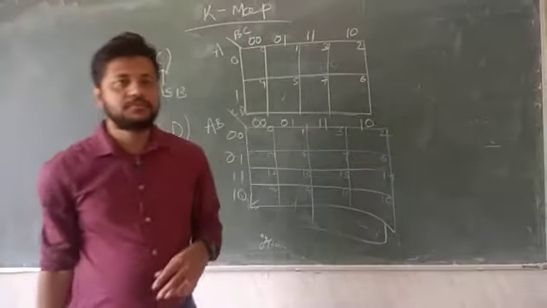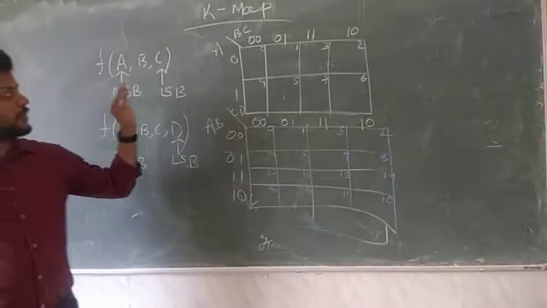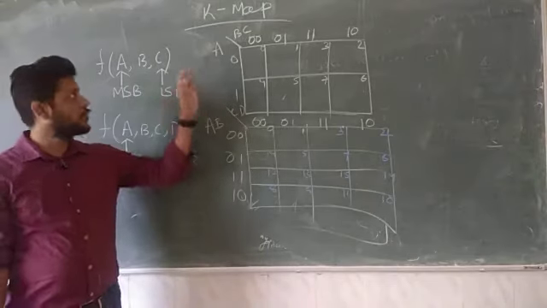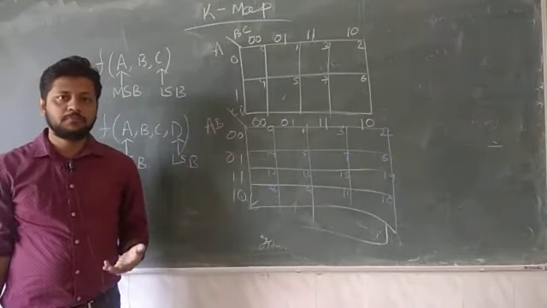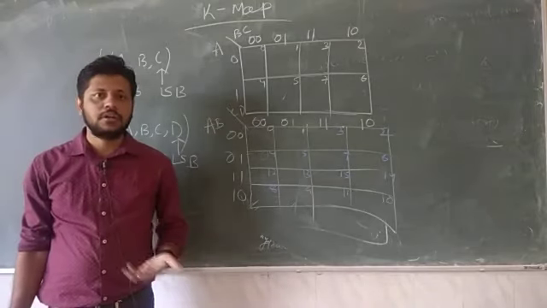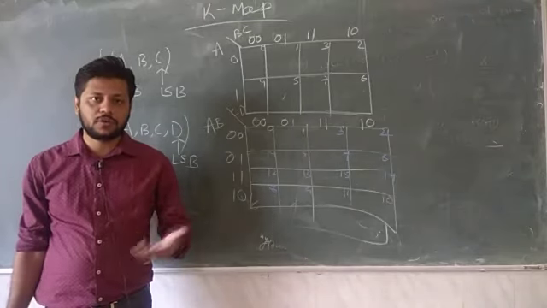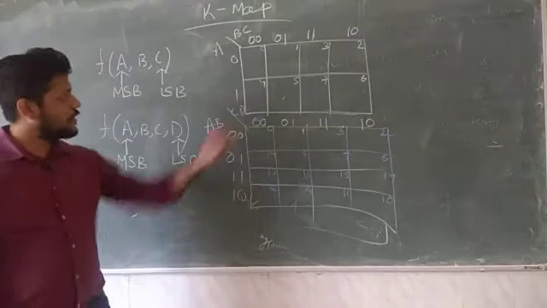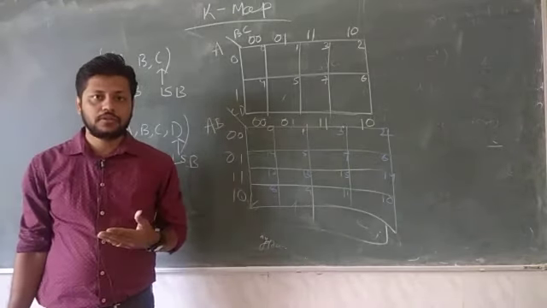Good morning, students. In the last class, we started a new and very important topic, that is your Karnaugh map. Why are we using the Karnaugh map? We are using it basically to minimize Boolean algebra, because it is very difficult to minimize more than 3 or 4 variables using Boolean laws. So basically, K-map is used for minimization of Boolean logic.